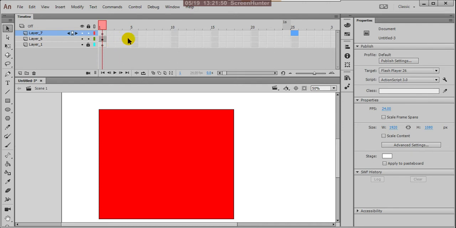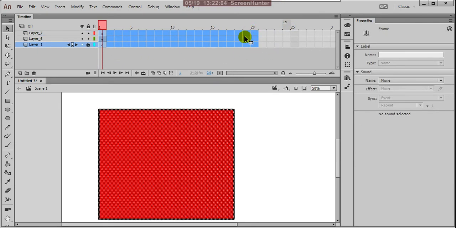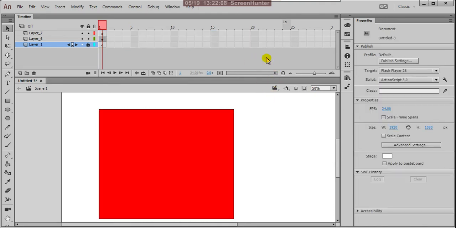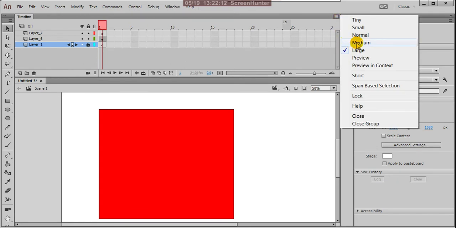Instead of counting 1 2 3 4 5 6 7 8 9 10, counting this way is very easy. Up to here is 5 frames, then this is 10, here 15, and 20. So from here to here are the 20 frames. It is very easy to select the frames. Here you can make it medium.